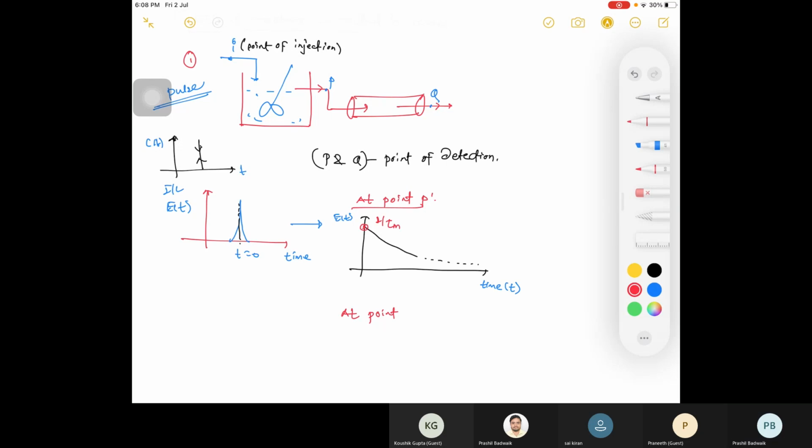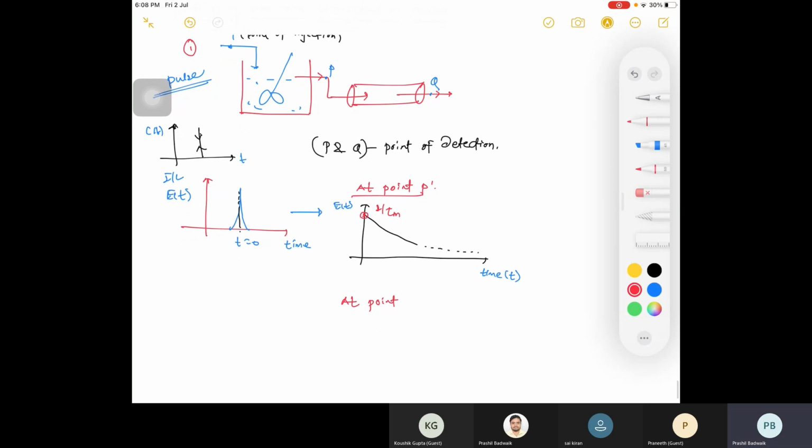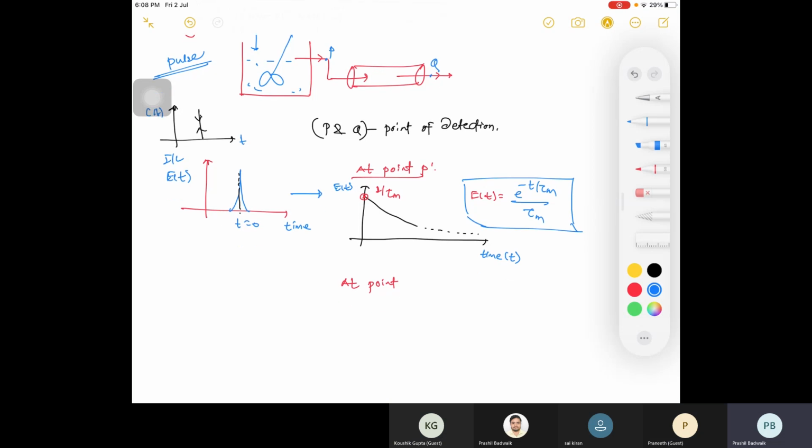Then what is your E curve? What is your E value? E(t) here is (1 by tau m) into e to the power minus t divided by tau m, right? I'm just revising this. This will be a revision. Then at point Q,